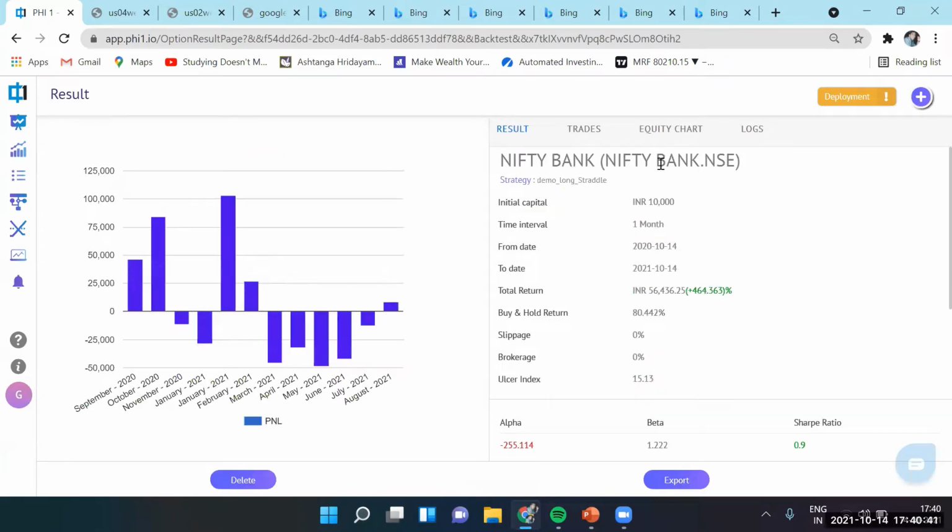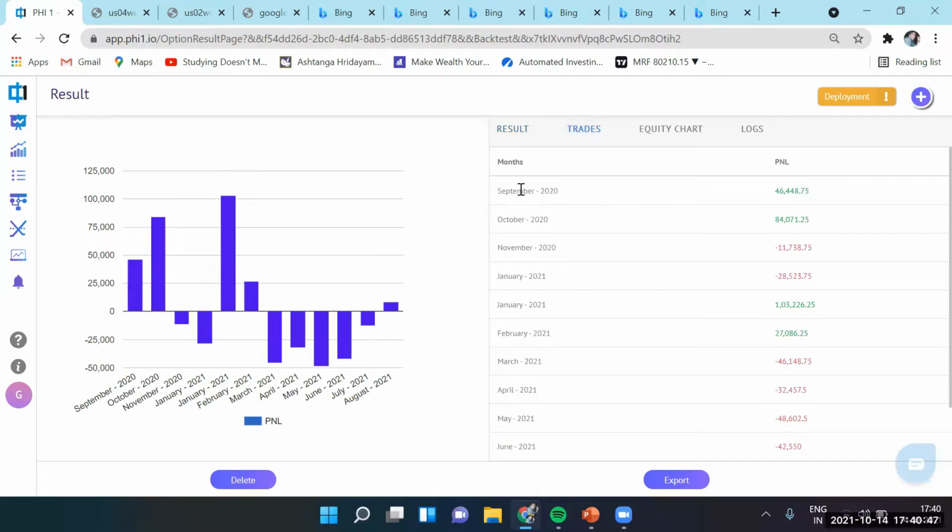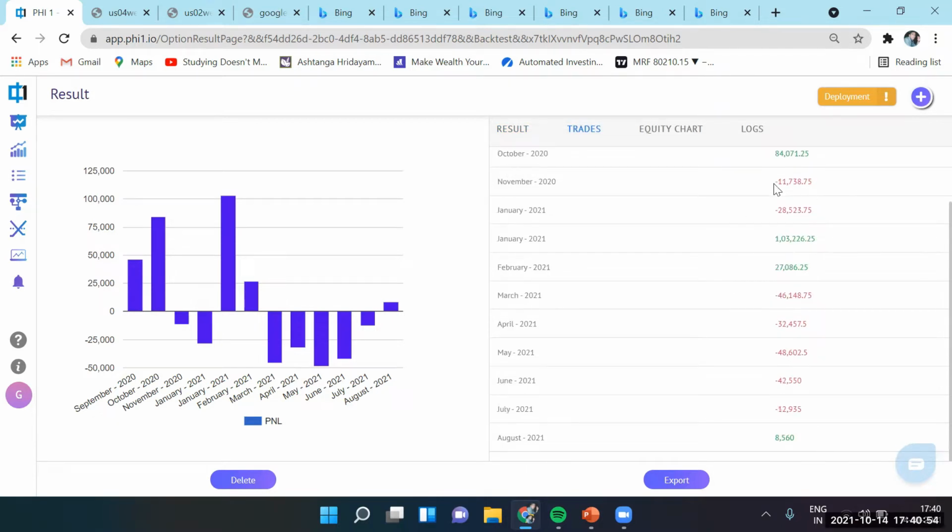So, all right. So you start seeing the results set. These are for each and every month. You can see your P&L statement, if you had just bought the call and put at the start of the month and liquidated it at expiration, for each month, what the profit and loss will look like. And you get a graphical representation as well. So this gives you confidence on what you can expect if you deploy that very strategy on a particular instrument into the future on any live market, or if you need to make certain changes.